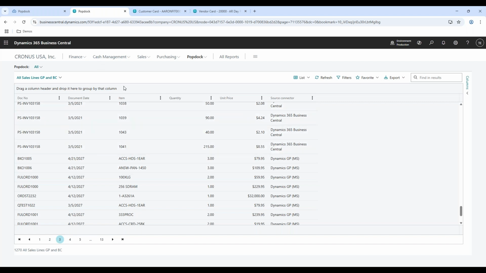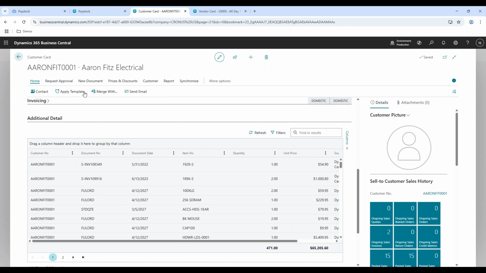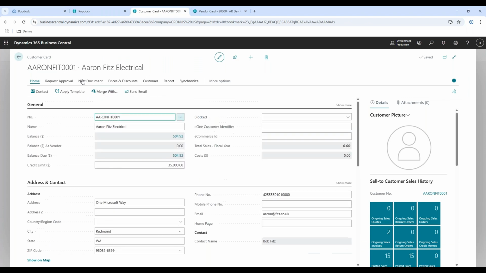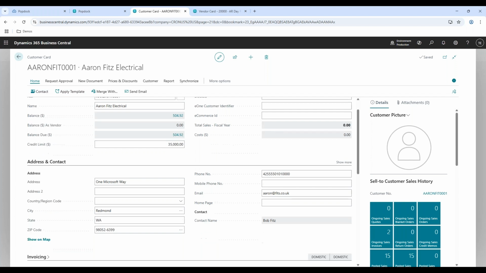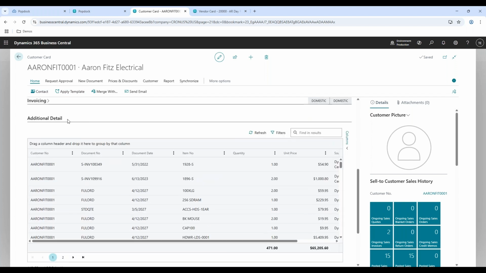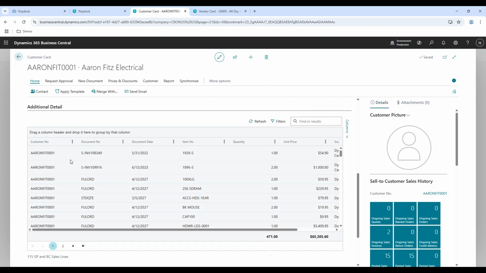Okay. So taking this one step further, there's a couple of other places inside of Business Central where we can help spin up and surface historical data. With PopDoc, we give you quite a bit of flexibility in that we can publish these PopDoc widgets, which is what you're seeing here, really to any page inside of Business Central that displays a single entity. So I'm going to jump over to a customer card here, and I'm using Aaron Fitz Electrical as my customer. And as you might have seen, if I scroll down on this customer card, you'll notice that I have this additional detail fast tab. And inside of it, what you're seeing, this interface is a PopDoc interface that we've published